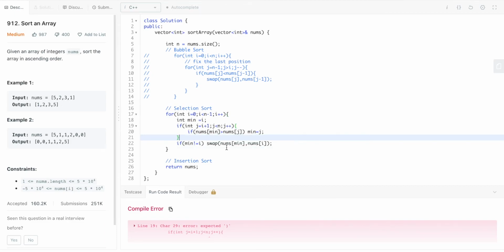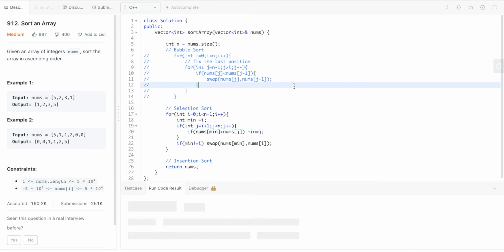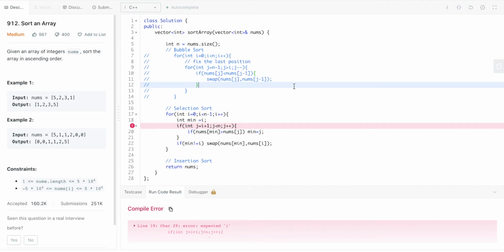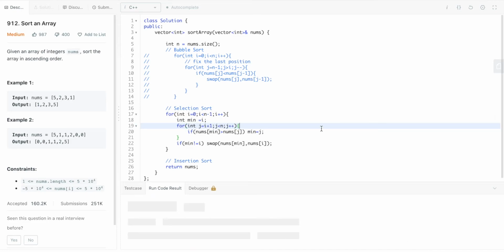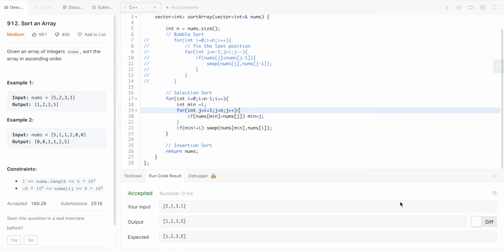This should be matching the correct line number 19. I think this should run. Let's try to run this again. Oh, sorry, I just need to write an if here. Probably too much coding. Yeah, so let's try to run this now.